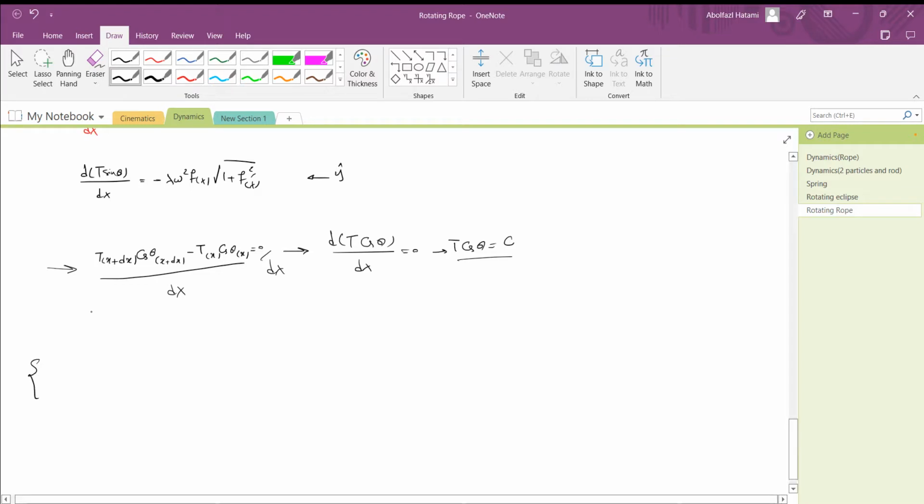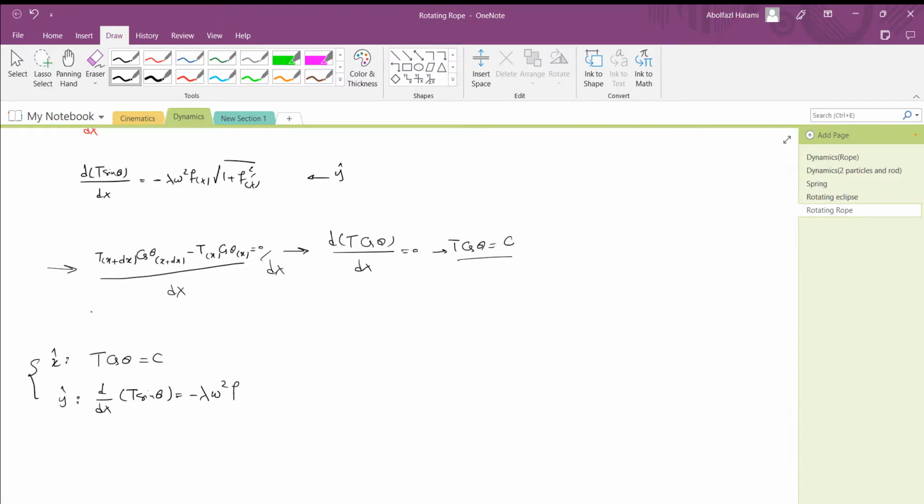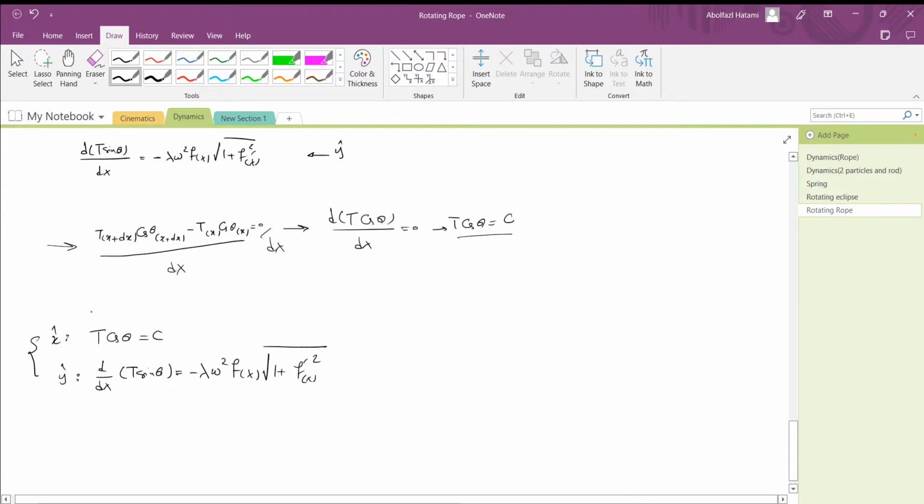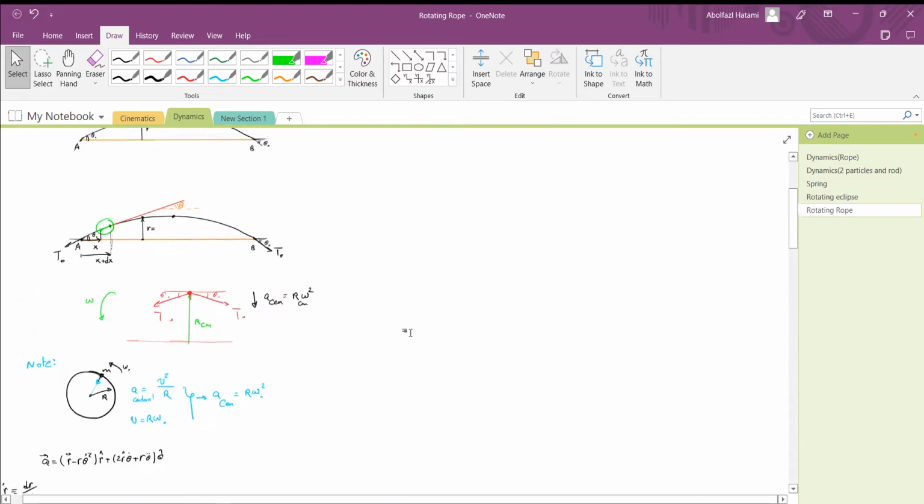So in the x hat direction, we understood that t cosine theta is some constant, and in the y direction we understood that d over dx of t sine theta is going to be minus lambda omega to the power 2 f of x radical 1 plus f prime squared of x. Sorry about this. So actually we just wrote the